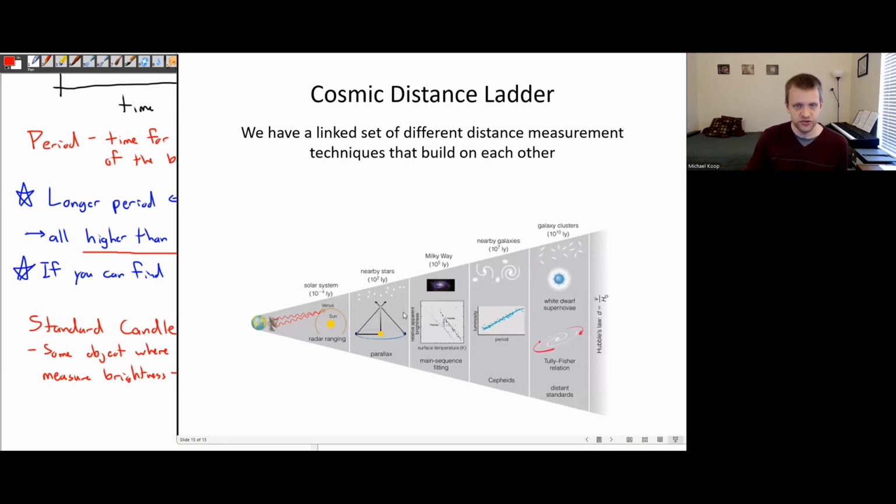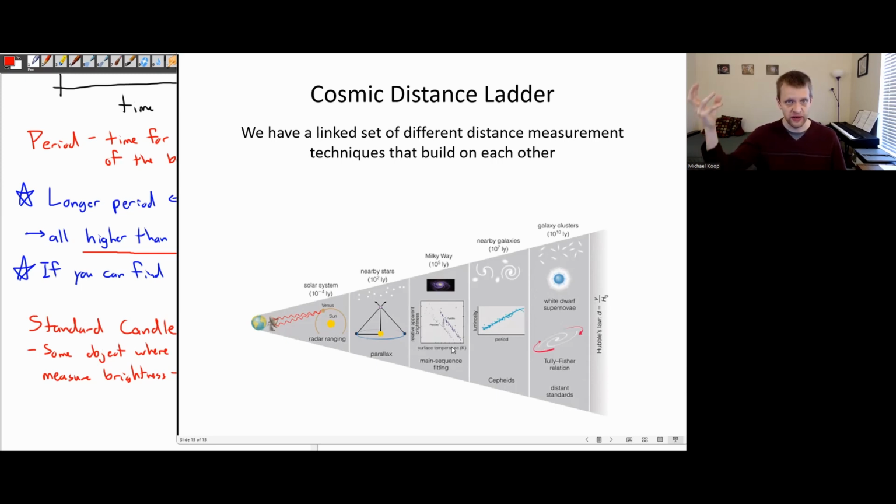For nearby stars, we have this parallax measurement. And by measuring those stars, we were able to develop the HR diagram. And once we have the data for that HR diagram, we can then use that main sequence fitting method. We figured out that there are main sequence stars. We figured out how to identify them. We figured out their luminosities. And now if I see another one of those main sequence patterns, we can use that in the main sequence